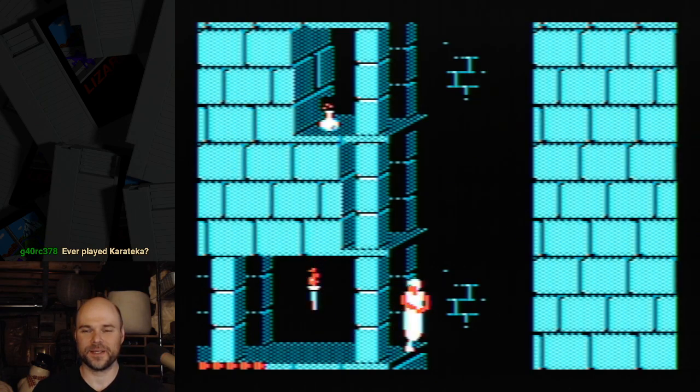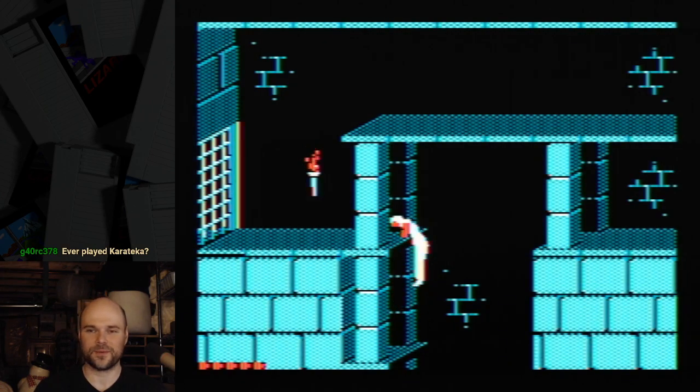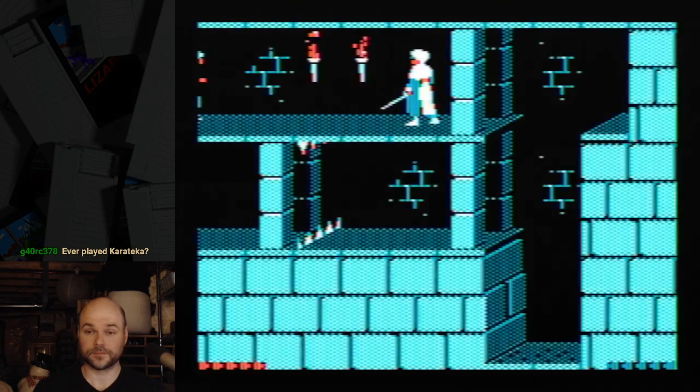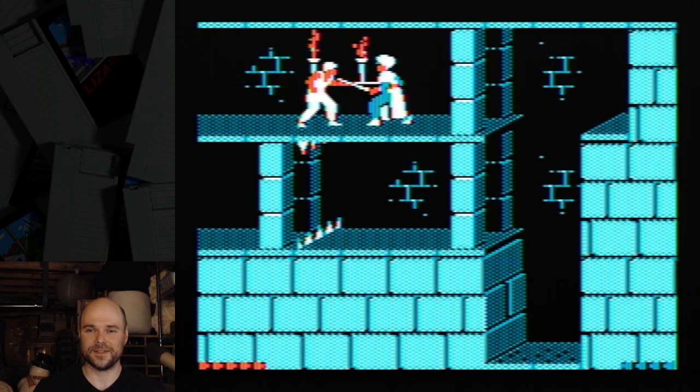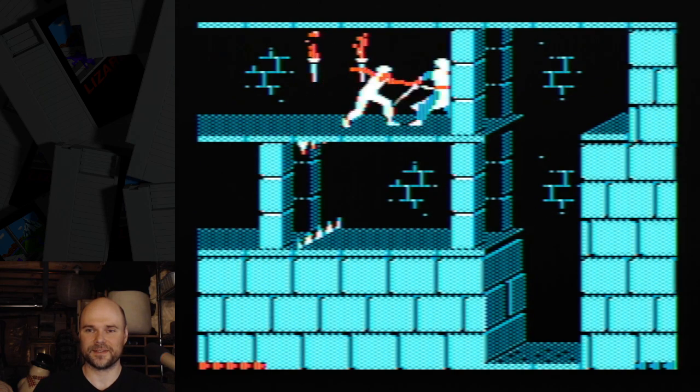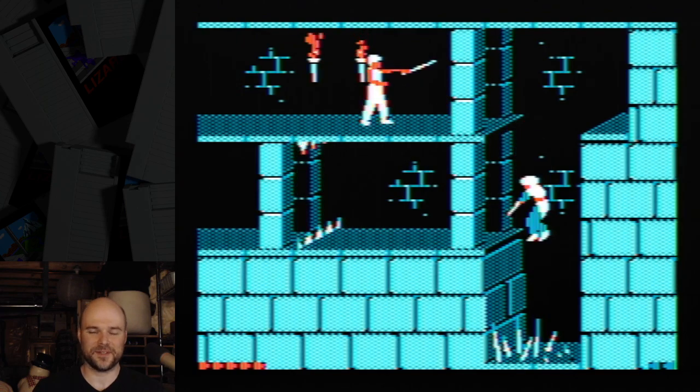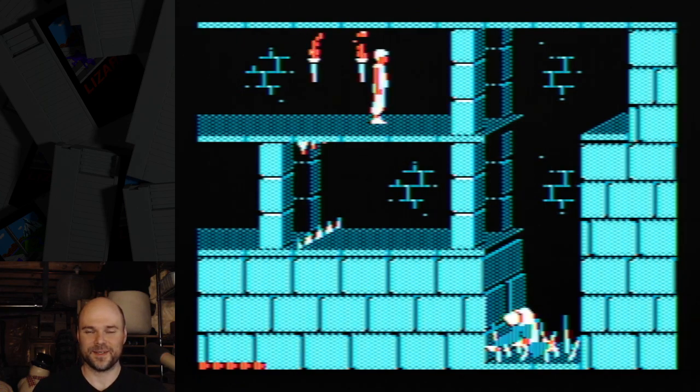I've played Karateka a bit. I've played through it with save states a long time ago. I'd like to give it a playthrough on my Apple II, which I've not done yet. It's on my list of things I want to stream from this machine at some point. But this game was the first thing that I streamed from this machine, but my capture device, my other EasyCap clone that doesn't have a name on it,